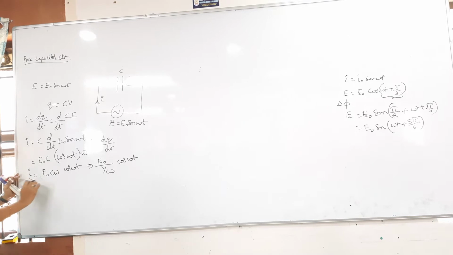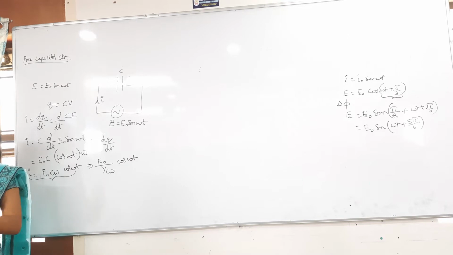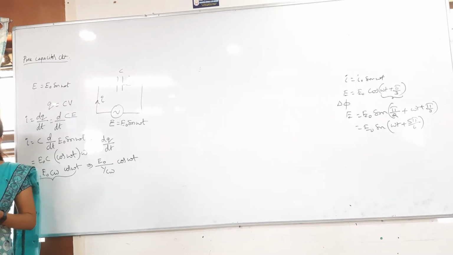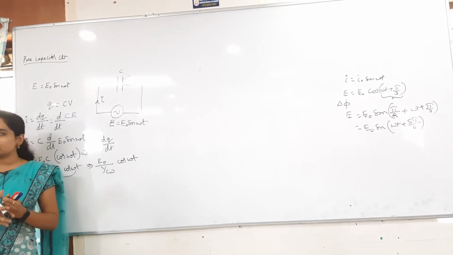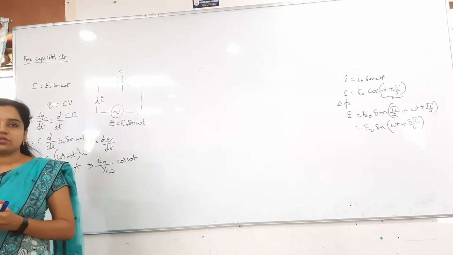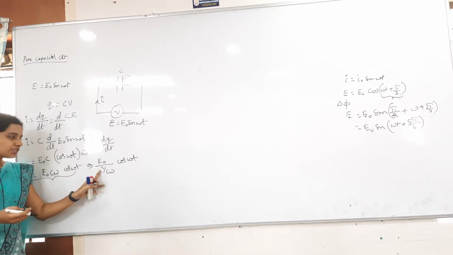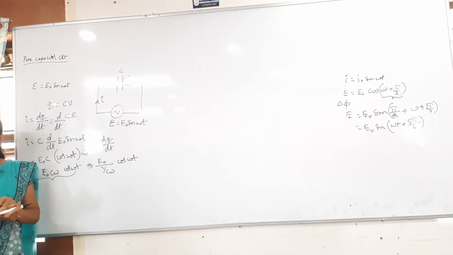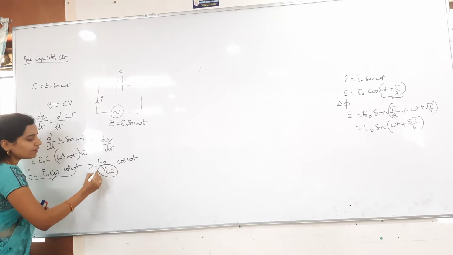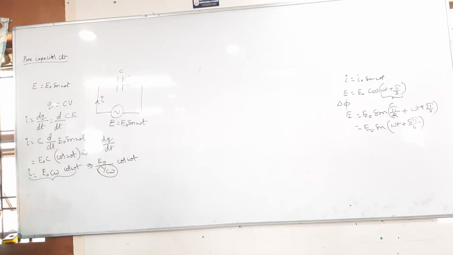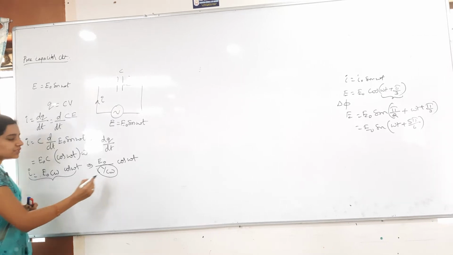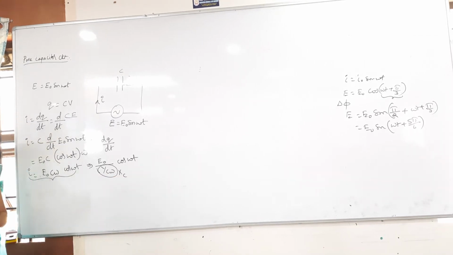Now I have this formula finally. Now again I want to make it as I equals I naught sin omega t plus so and so value. What is the phase difference? For that, first of all I have to make it as I naught. What is the formula for I naught? E naught by resistance only, obviously. Voltage by resistance is the current. Instead of resistance, what do we have here? 1 by c omega. So the resistance offered by the capacitor is 1 by c omega. That resistance we will denote with XC, capacitive reactance.